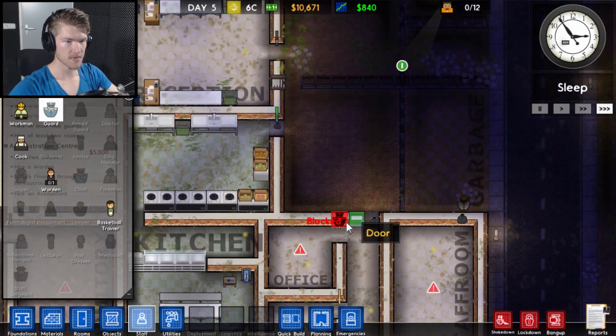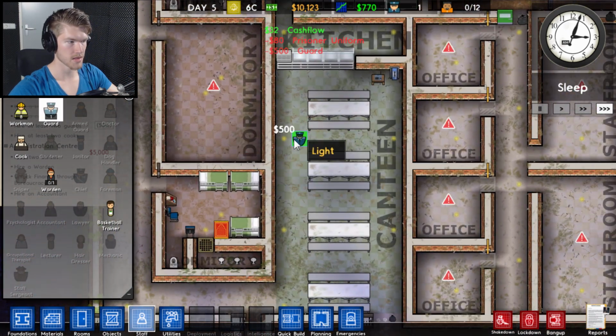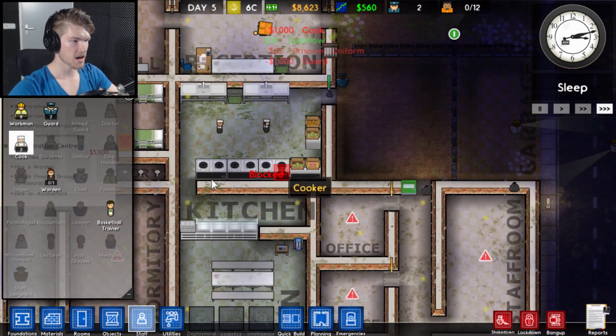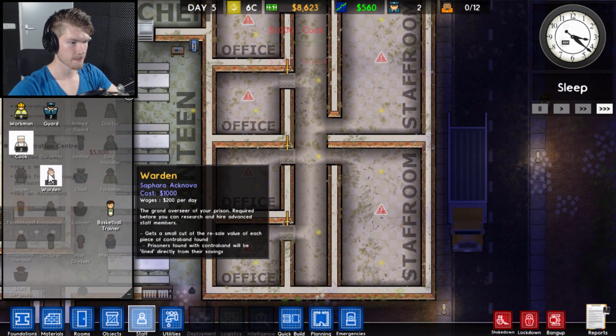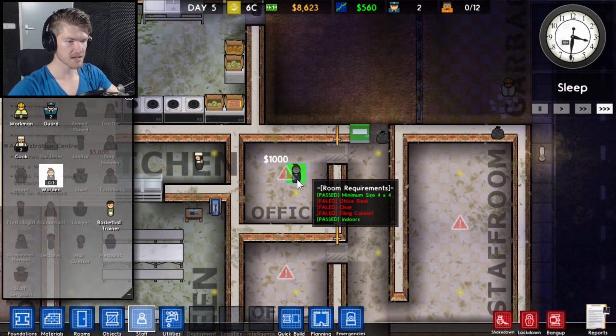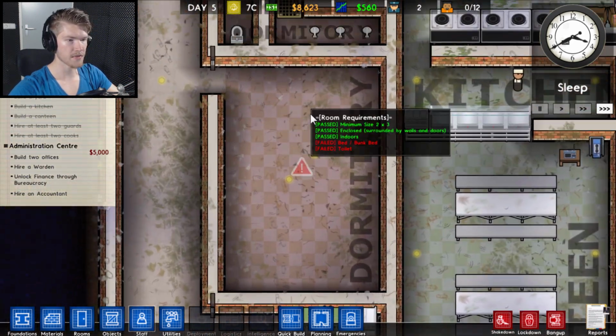So, before that, we obviously need to hire a guard in here. And we're going to hire another guard in there. Just because why not? And, of course, 2 cooks are going to be necessary as well. We haven't even hired the warden either. I mean, we need the warden. So we need to get an office in for her. Build a shower. Oh, come on. We haven't even...